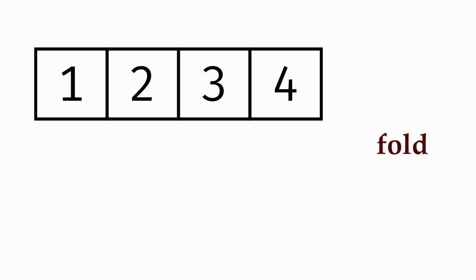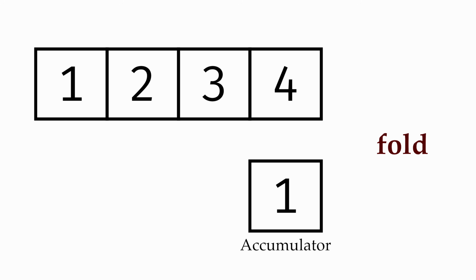The same pattern works for computing the product of all the values in a list. The accumulator will keep track of the running product. Initially, it's set to 1. This time, the function we're going to use is a function that multiplies two numbers together. So when we process the first element, we multiply by the accumulator 1, and we get a new value for